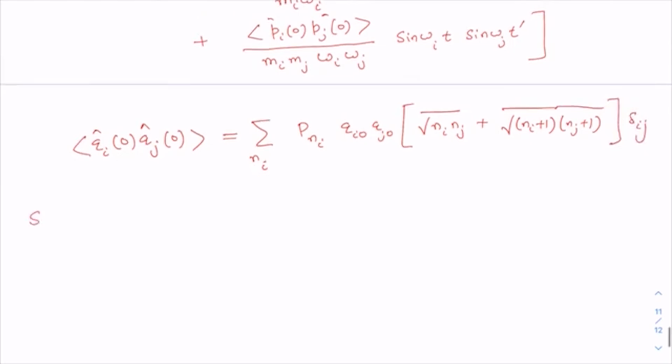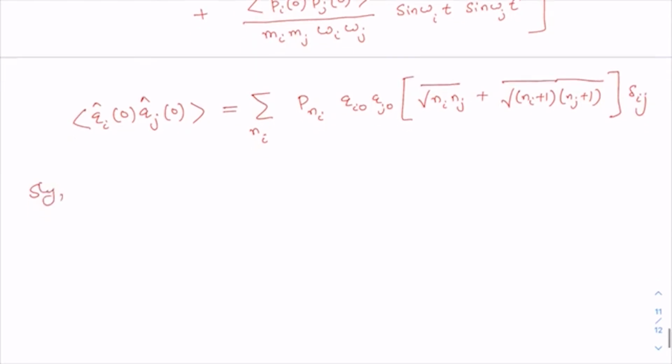Okay, and similarly you can show that you will get for pi(0) pj(0),